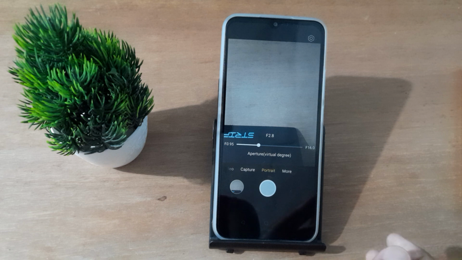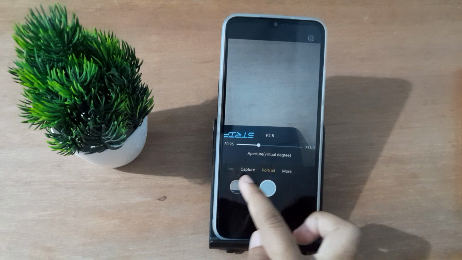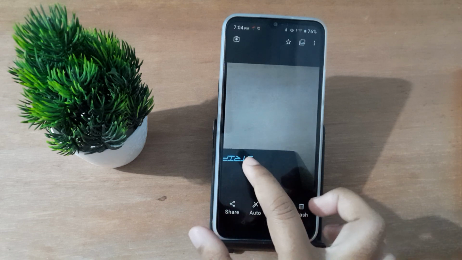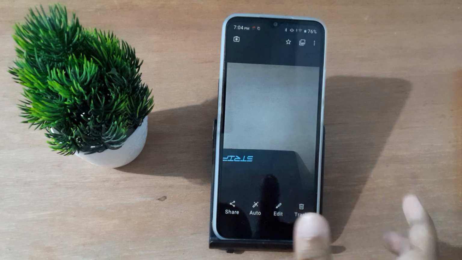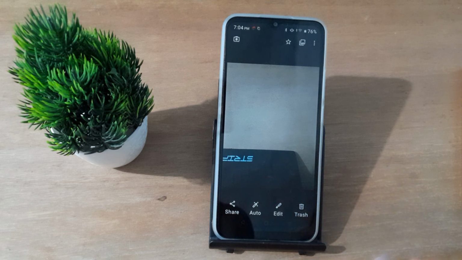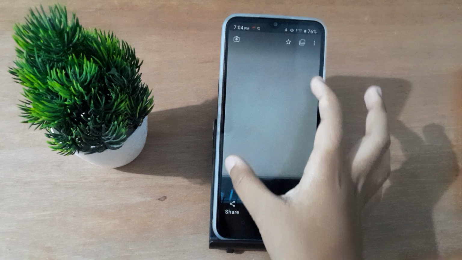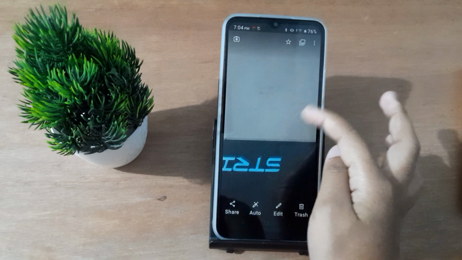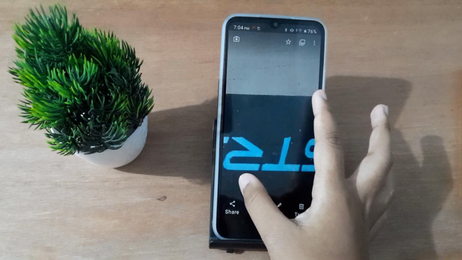Why I'm saying this? Because now whenever you click on the portrait mode, now the object will be clear and the background will be blur on your mobile phone. Okay, you can check it. This one will be blur and this one will be clear. The object will be clear. Okay,